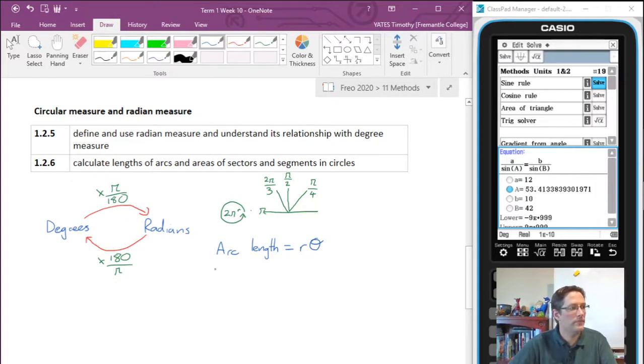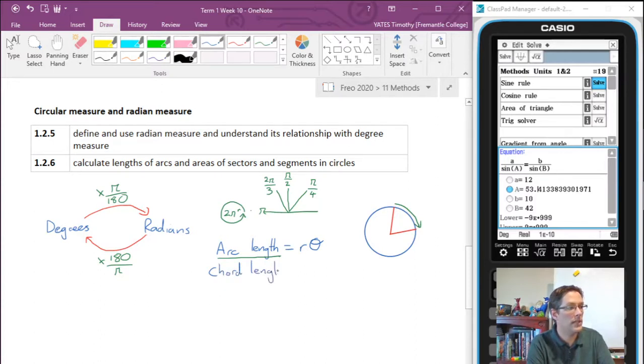Length of chord. I'm just going to draw a picture of a circle so we can get an idea of what we're talking about. So if we had part of our circle like this, our arc length is this part around the edge here. Our chord length,